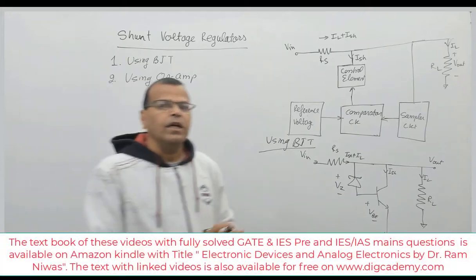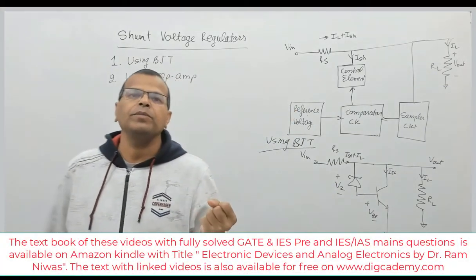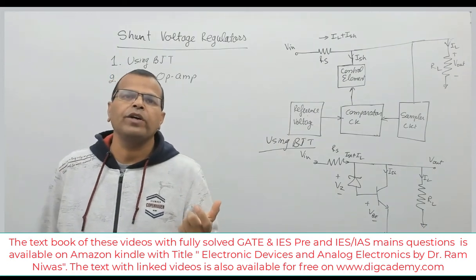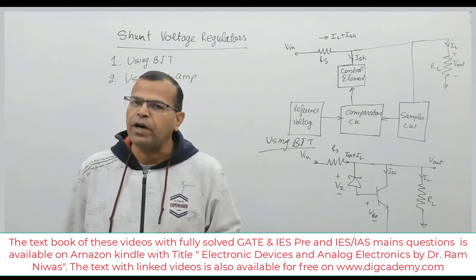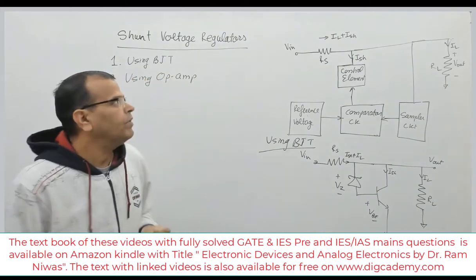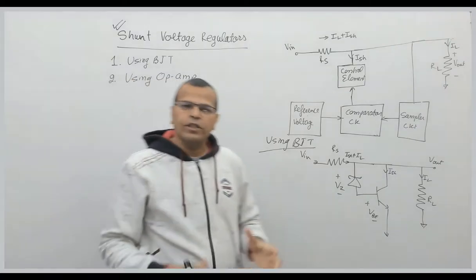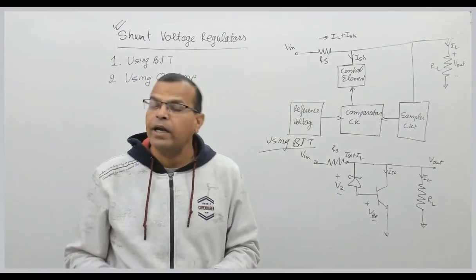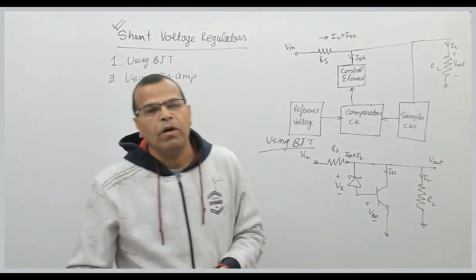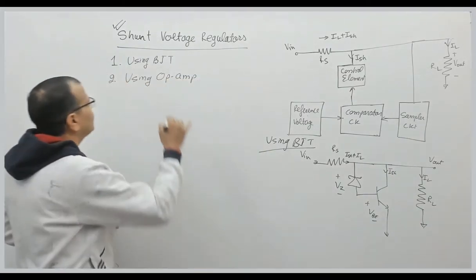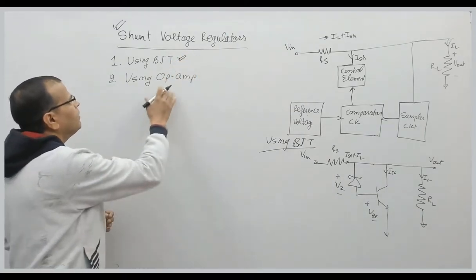Hello friends, in my previous video we have seen the circuit diagrams of series voltage regulator, which included the BJT based regulator and operational amplifier based regulator. Now we will be talking about shunt voltage regulator. A shunt voltage regulator is again maybe based on BJT or op-amp. So first we will be seeing the circuit based on BJT